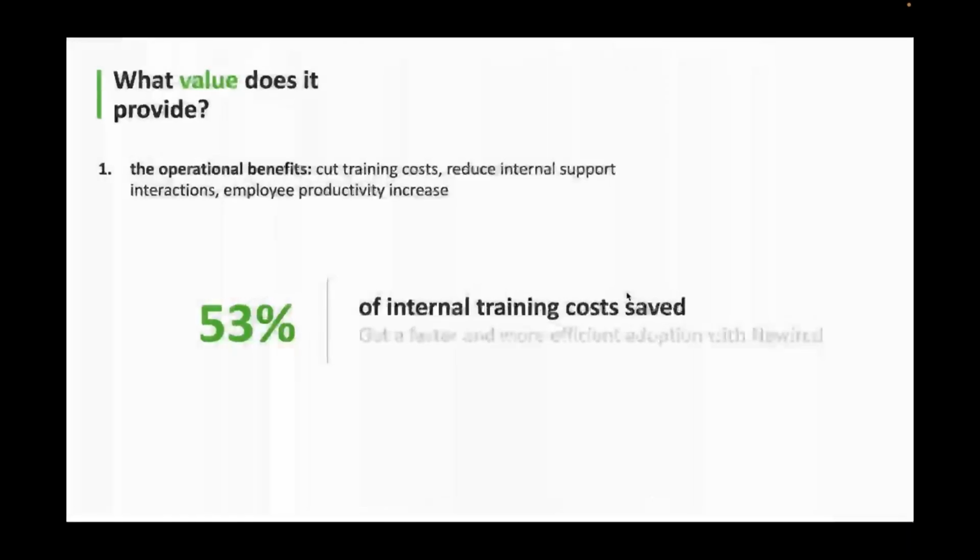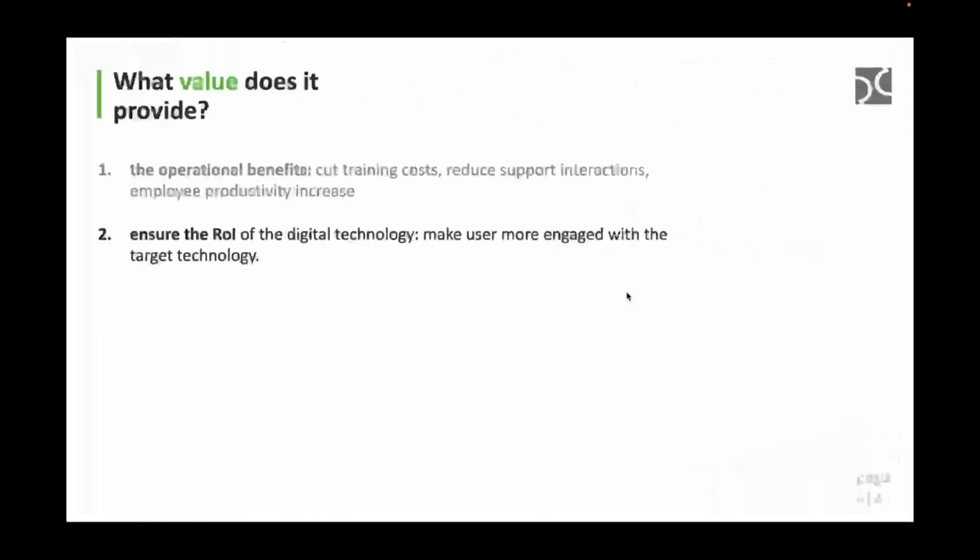Now let's speak about a few of the benefits that we have seen working with other Polarion customers. Of course, it's about the operational benefits. With this, I mean you can cut training costs and reduce internal support. In the end, employee productivity shall increase. We have actually seen that while using Newired, around 53% of some of the internal training costs have been saved. But I think that more important is the goal of ensuring the proper return on investment